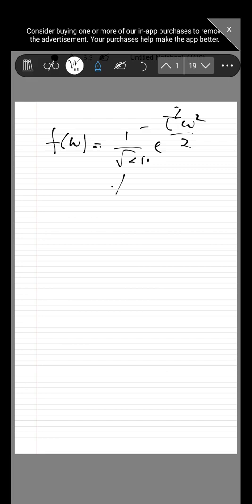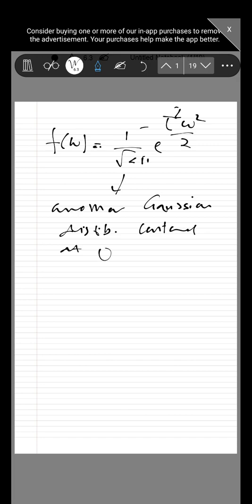So we can write again f(omega) as equal to 1 by root 2 pi e to the power minus tau square omega square by 2, which is another Gaussian distribution centered on 0, again centered at 0 and having a square deviation of 1 by